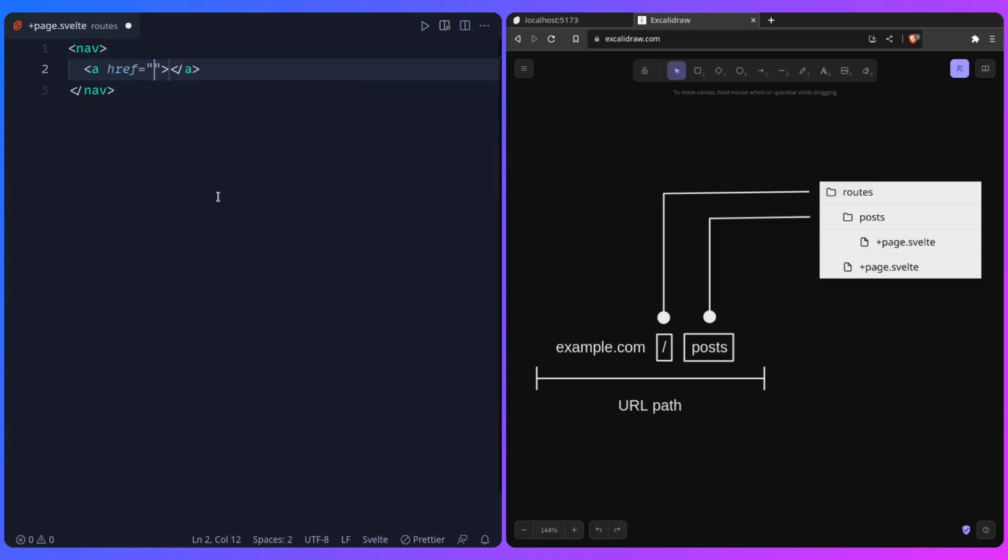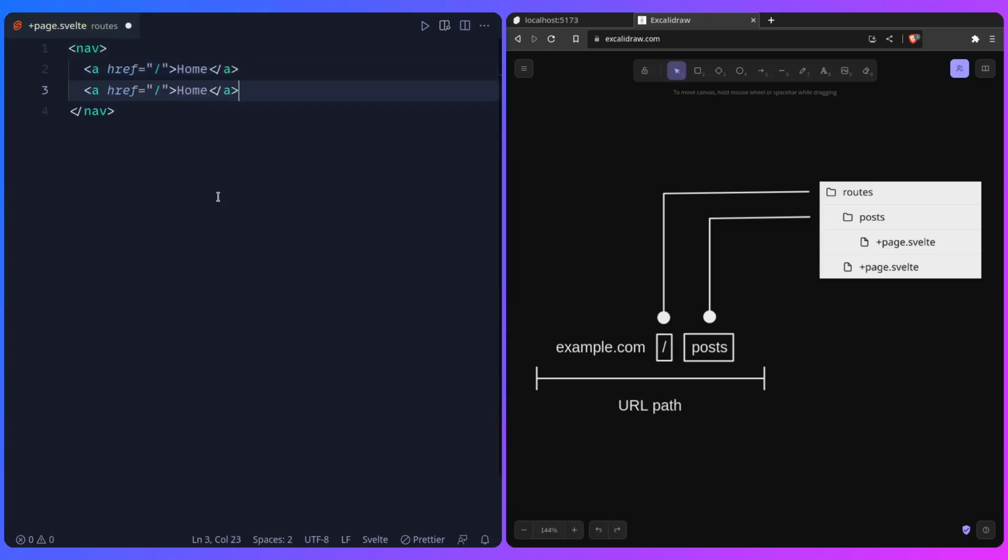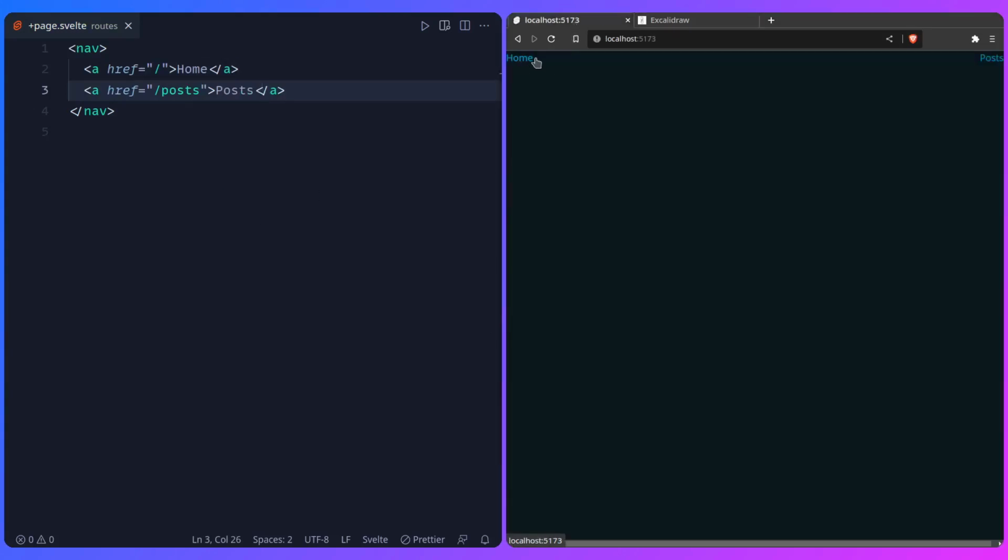So let me just create a link. This is going to be our home. So I can just say home and I'm just going to copy it over. And we're going to have posts. So I'm going to say posts here. I'm going to save it and I'm going to go here, and you can see we already have this navigation